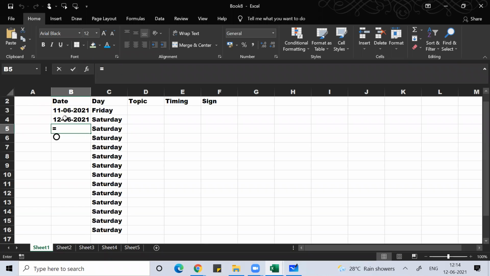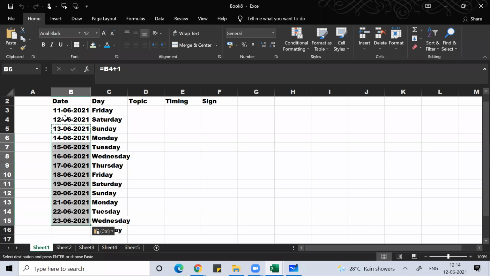Then tomorrow also training is happening, no? So today's date plus one gives me tomorrow. Then I'll just copy this formula. Now it is plus one every day. Every day I'm doing training, including Sunday also. I just copy and paste it. Now it's done. Can you get it?